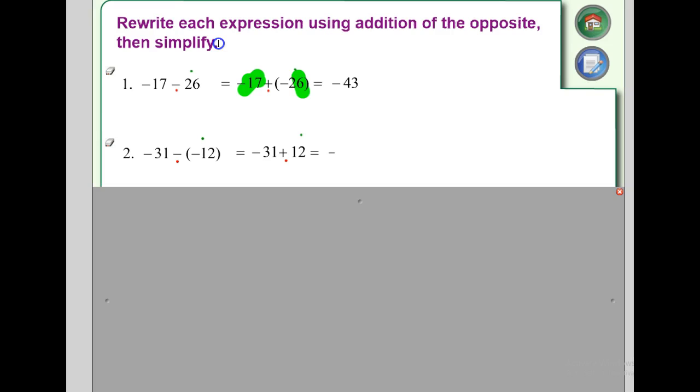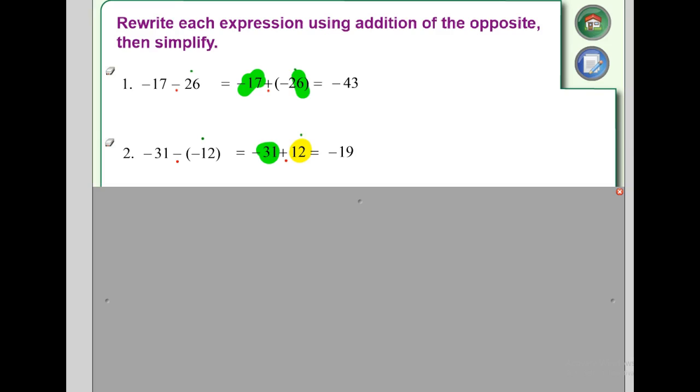Now let's look and see what happens if we use our highlighter again. We've got -31. We've got +12. Ooh, different signs, different colors. We're going to subtract and put the sign of the greater. So when we do that, -31 plus 12,